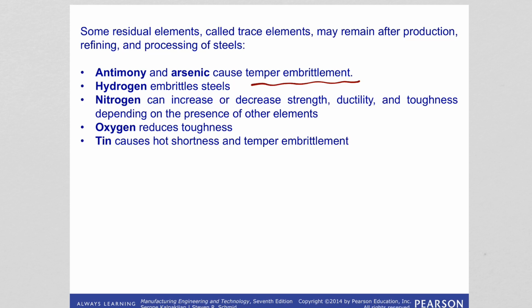So basically, some alloys separate along grain boundaries when stressed and deformed at temperatures near melting point. We call that hot shortness. Okay, so